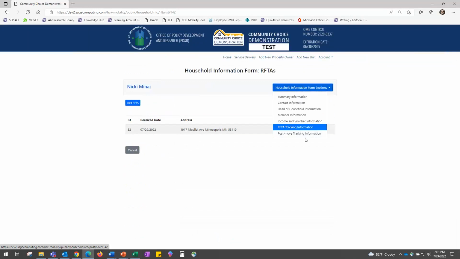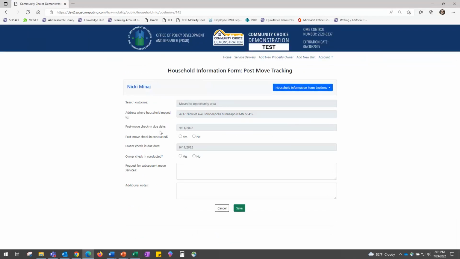So that's that section. And the final section of the household information form is this post-move tracking section. A lot of it is filled out once phase 5 and 6 occurs. So we can see the search outcome, which was pulled from the search outcome activity that Nikki moved to an opportunity area. We can see the address where the household moved to,